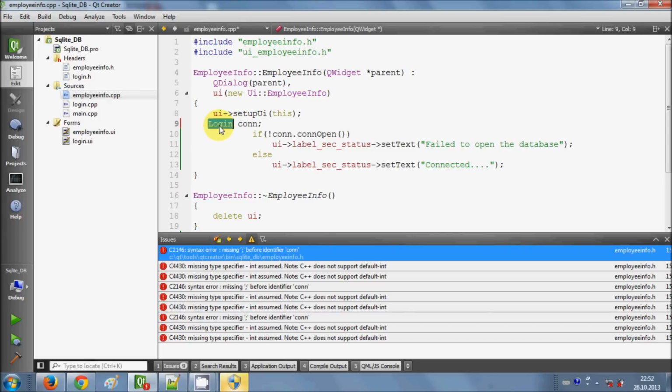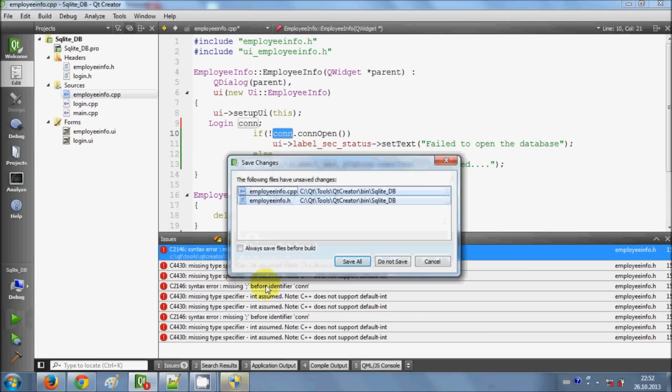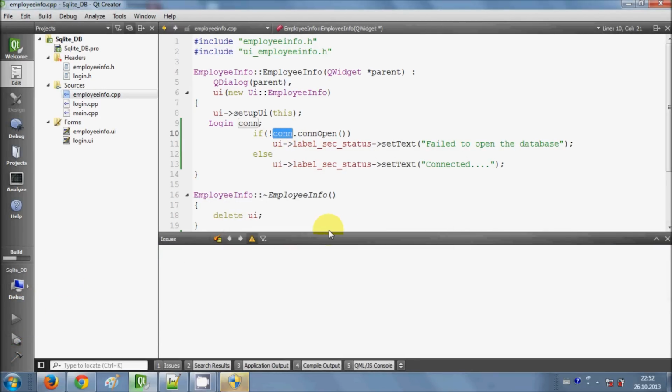Just above that I will paste my login con object code. So write Login con and just use this con object here itself, and now let's try and run the program once again. Save and run,